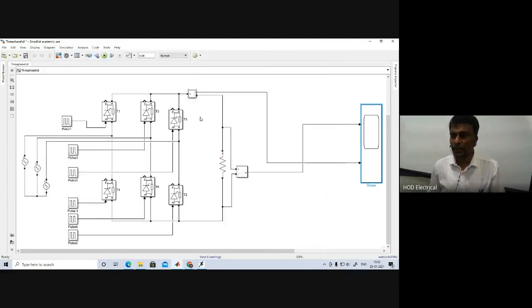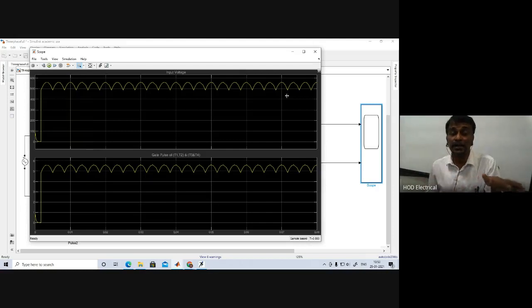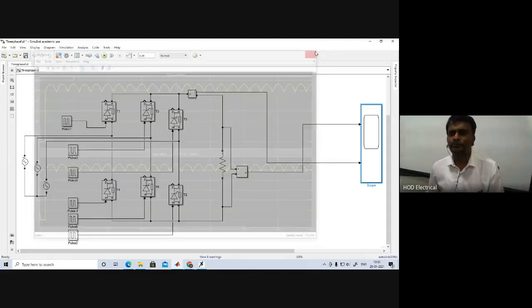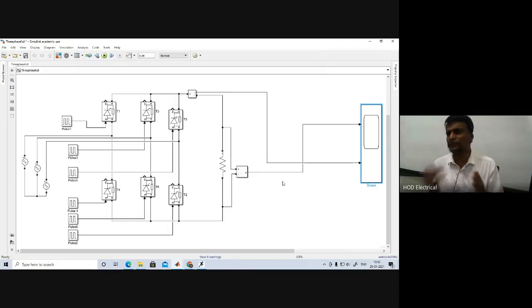So if you connect one capacitor here, by increasing the value, you can make this voltage constant, current also constant without ripple. When compared with a single phase full converter, the 3-phase full converter has more output power. Similarly, we can use a smaller capacitor to reduce the ripples of the circuit, as you already know.